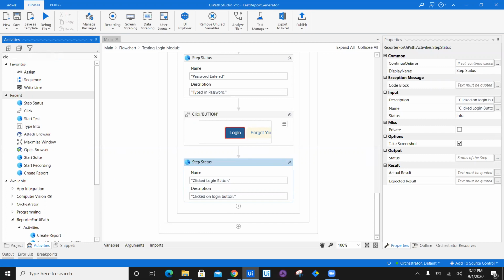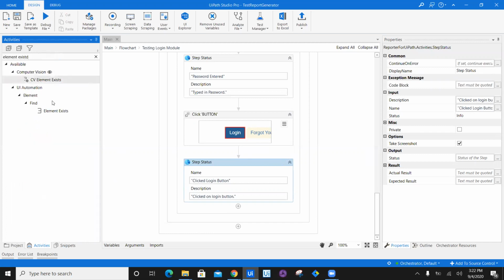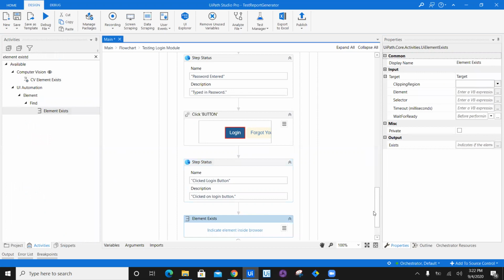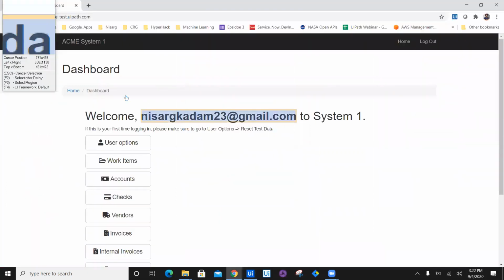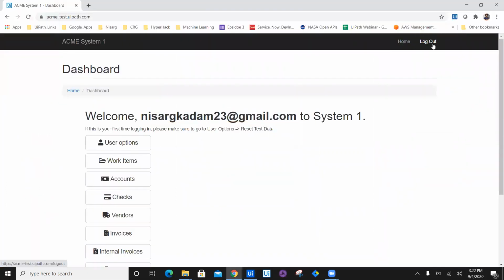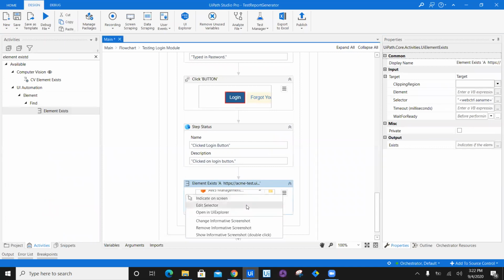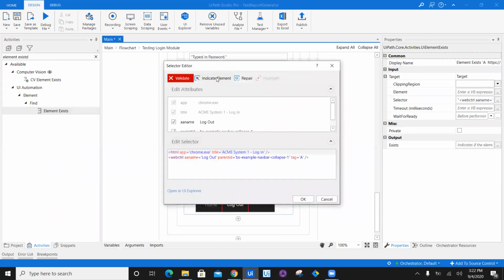Then I'm going to verify element exists. So element exists right here, and I'm going to go ahead and verify whether the logout button is displayed or not. So I'm going to go ahead and check the logout button. Indicate the selector